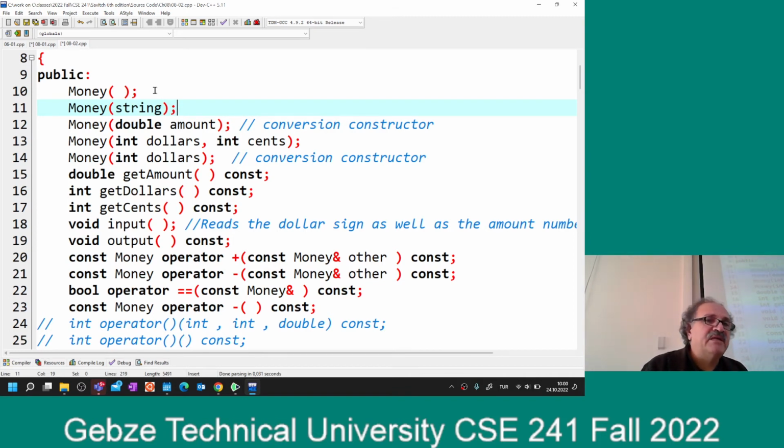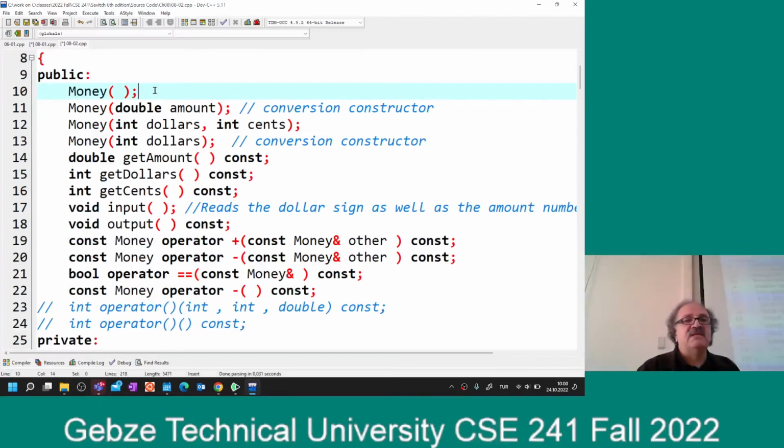But I don't have it, so I'm going to erase it now. So the conversion constructors are the constructors that take a single parameter, and the compiler